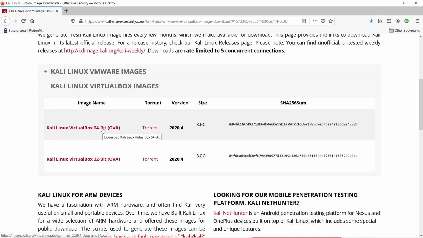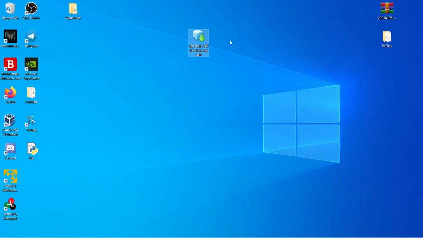So all you need to do is download it and save it in a location that you can get to easily. It's quite a large file, so it could take a while. I have already downloaded mine. So as you can see, this is mine here. Now there's two ways you can install it. So the first one is to just double click